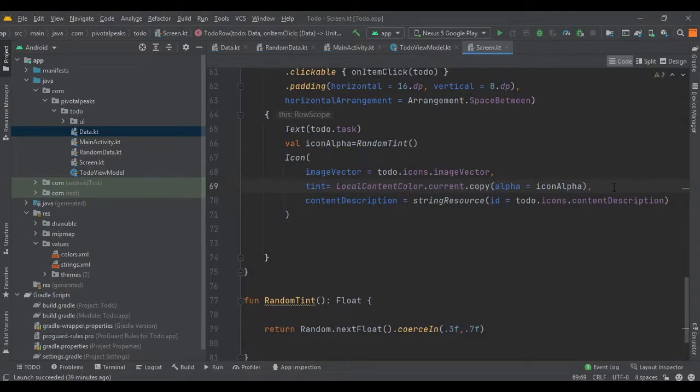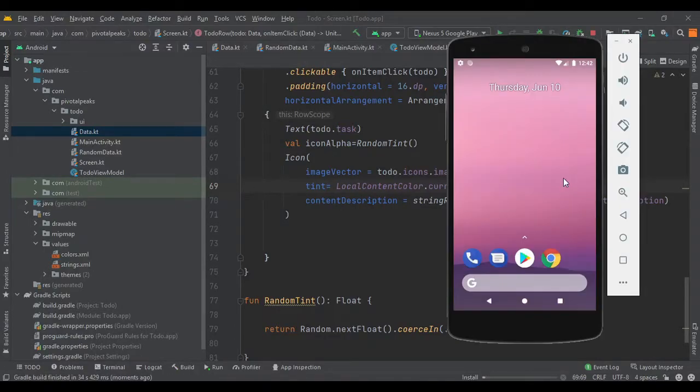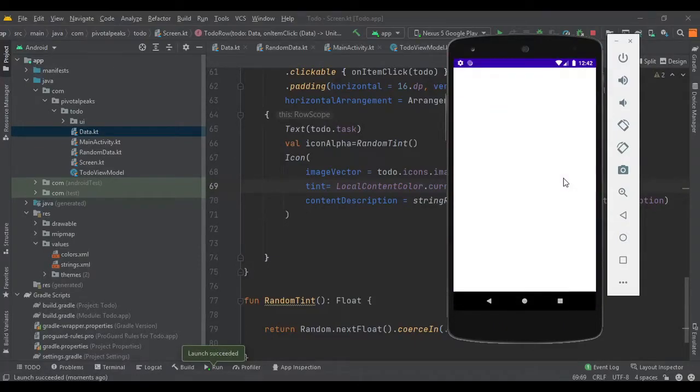So let's run the app and see what's happening. So let's see if the tint is working or not. So we added, and let's add, yeah.